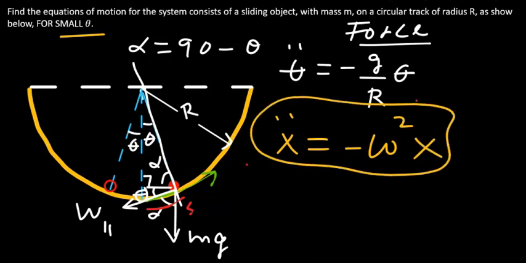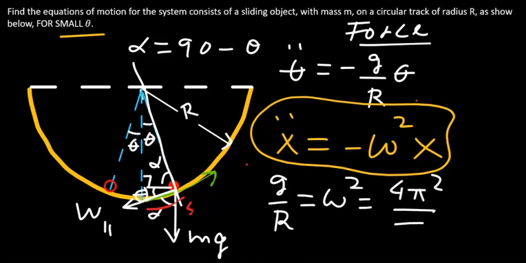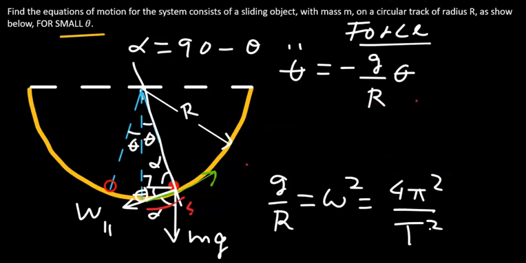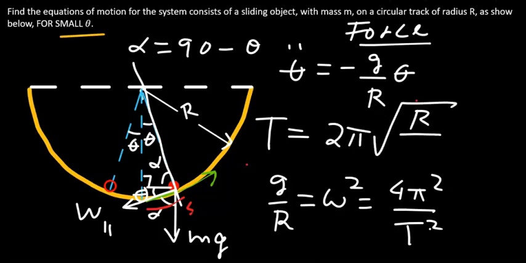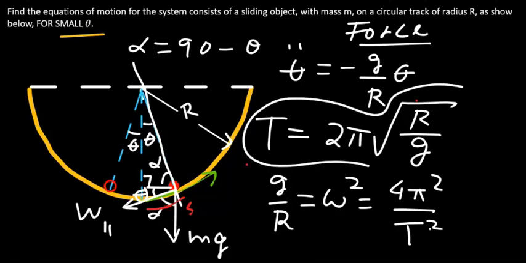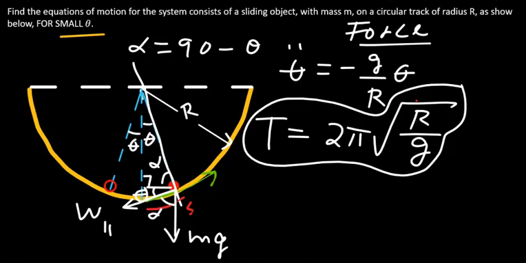Familiar with this? So that means g over r is the square of the angular frequency, or 4 pi squared over period squared. What that means is the period for such a motion is just 2 pi square root r over g. So you see the information that can be obtained from the equation of motion. And if you're interested in determining